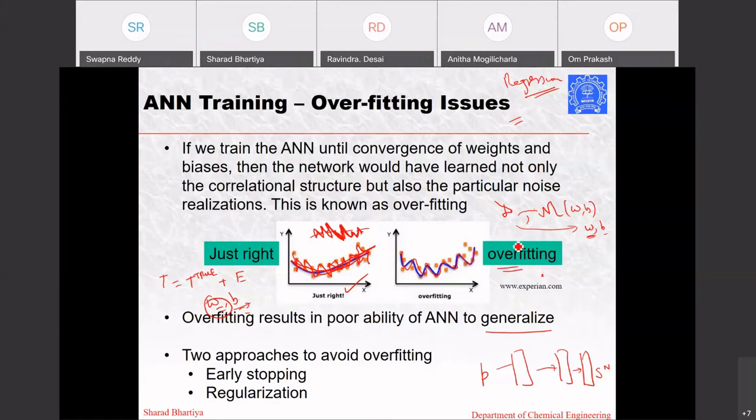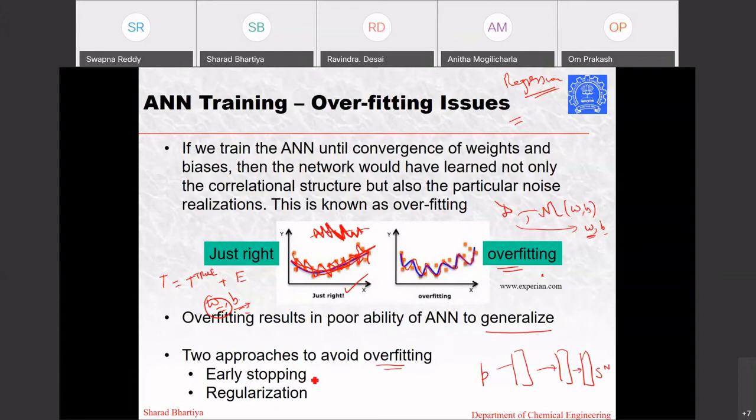So in ANN literature, there are two popular approaches to avoid this overfitting. One is, don't take so many layers and don't take so many biases, because you'll have too many parameters. But these are completely black box approaches, and we really don't have an idea of how many to take. So what a modeler can do is take a large number of weights and biases and use some approaches so that they can